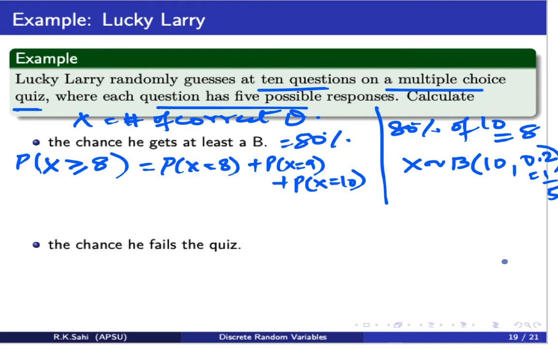Now, if you recollect from a previous example, I'm just going to do a bit of theory over here. We said the probability, the sum, remember,